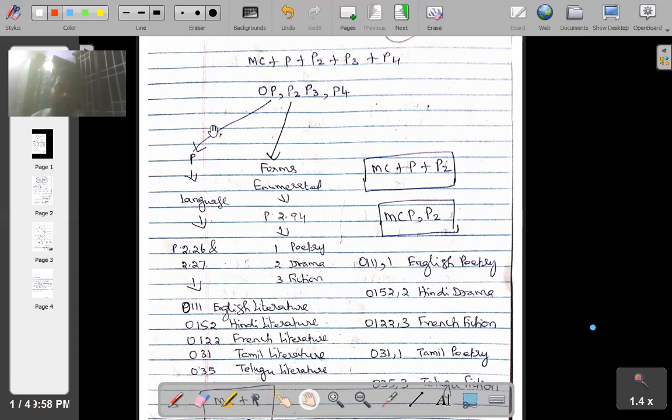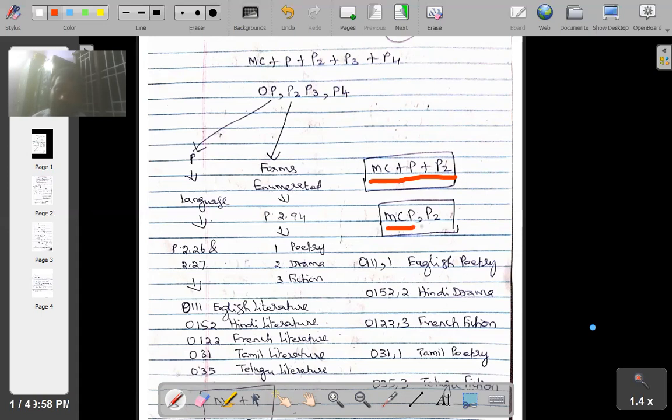So this is main class O, this is P, and this is P2. What is the symbol between P and P2? You need to have a comma. Please understand, when you have a main class, a P and a P2, how are you going to synthesize it? Main class and personality, no connecting symbol.